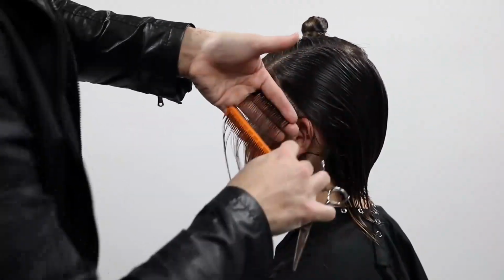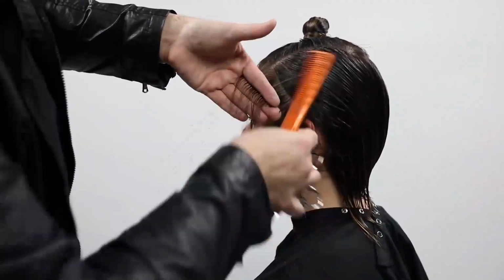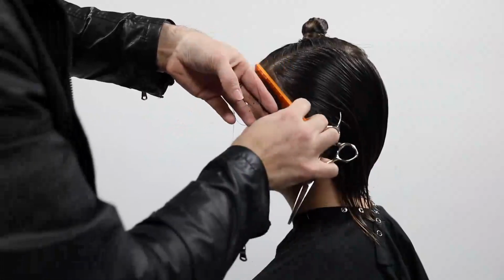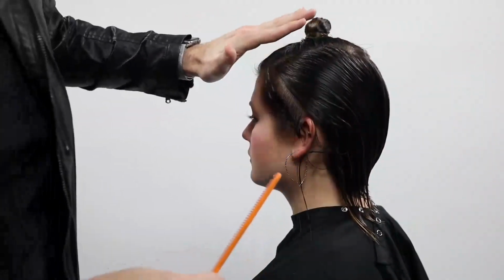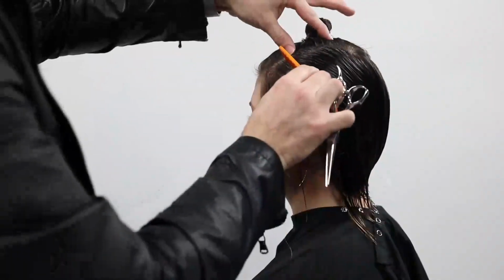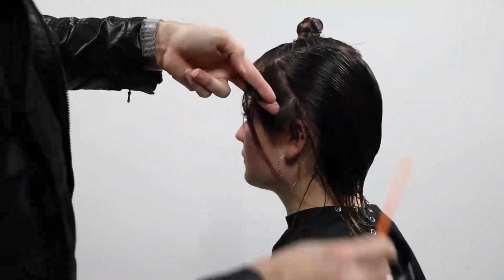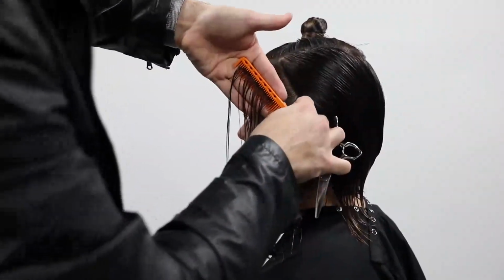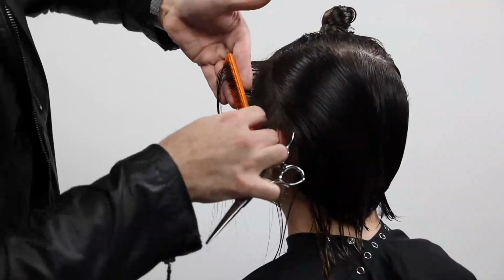So Mary's head is a little bit flatter on the side, so I wanted to create that shape to give it more of a square feel on the side as opposed to rounding it off. Then her haircut wouldn't really look right. So I'm really focused on making sure that I'm not rounding her head too much in this short portion of the haircut. Now, I continue taking half-inch partings all the way back, following the round of the head,